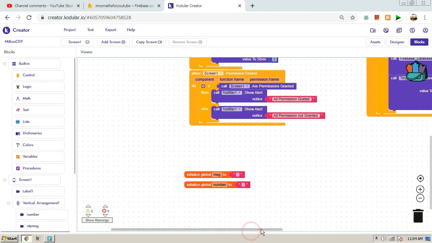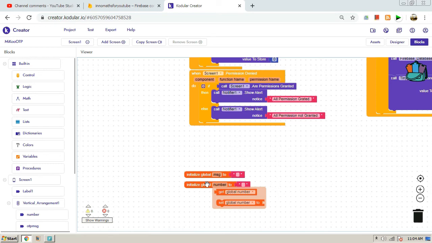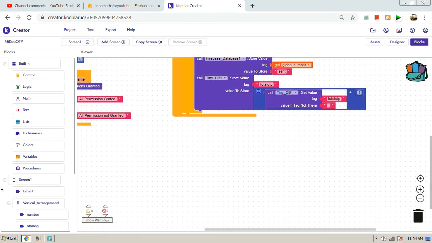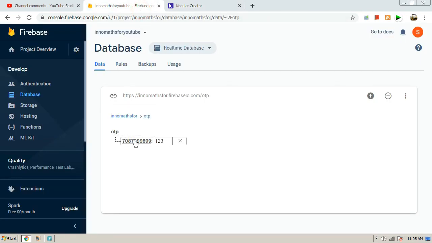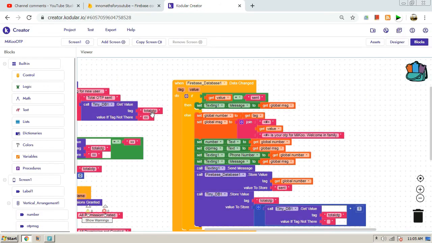So global number is a variable that we defined here. It is a variable and there is a message. The variable global number will have a tag. As we said, the tag will have the contact number, the number that we need to verify with this OTP. The tag will be stored in this global number, and the message will